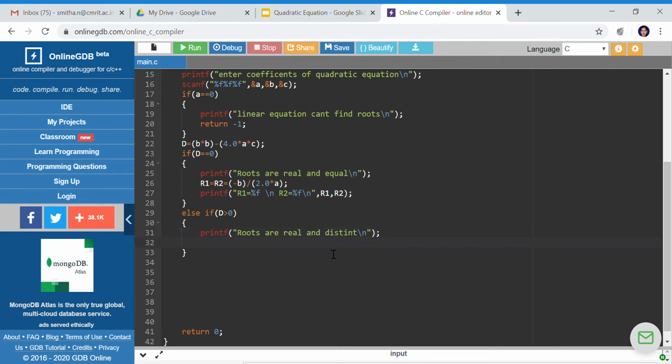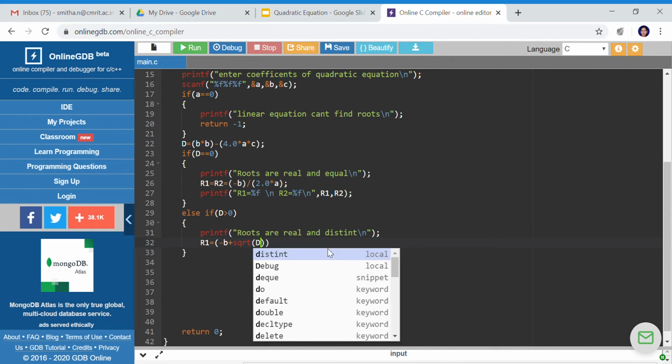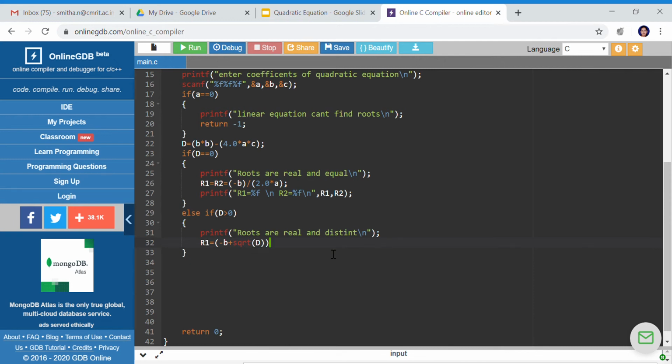Then I'll compute r1. What is r1? Minus b plus sqrt, the inbuilt function for square root, of d, that is b square minus 4ac, divided by 2 into a. That's the formula we have.